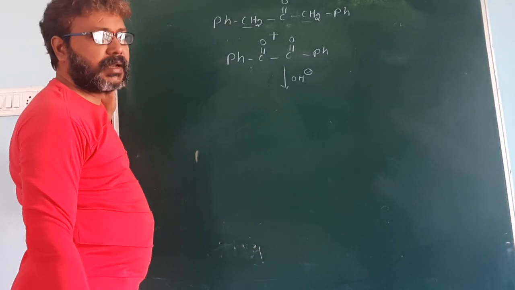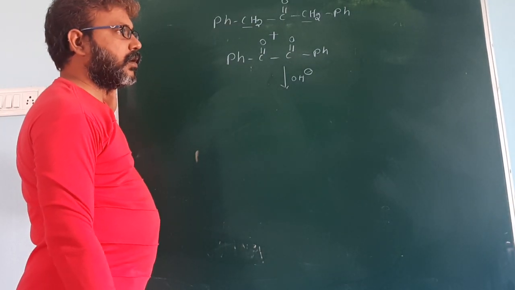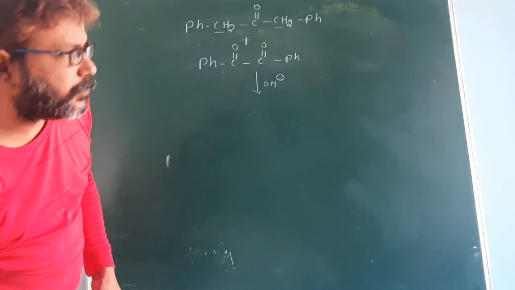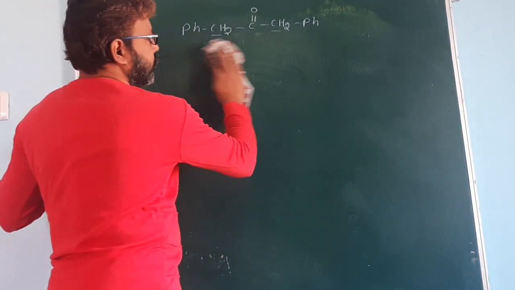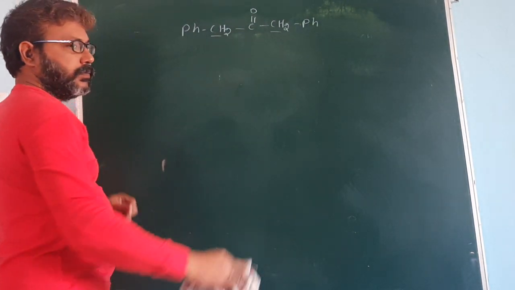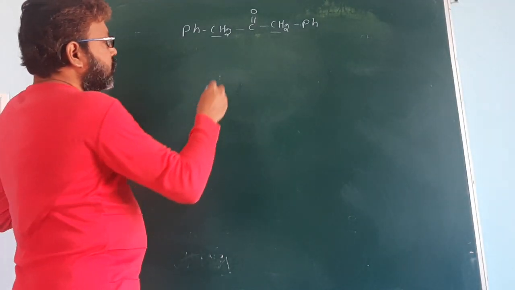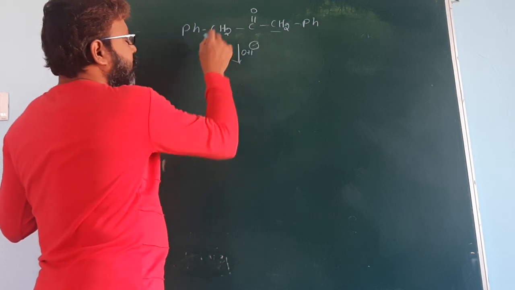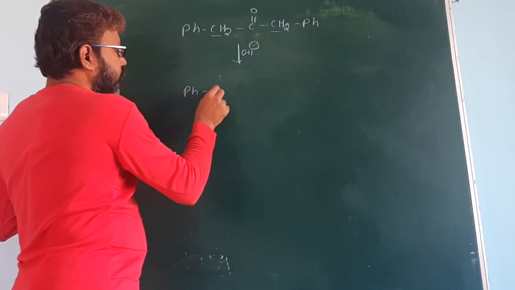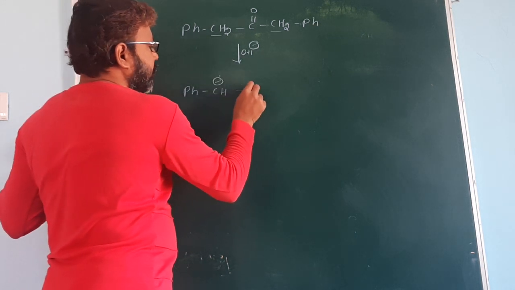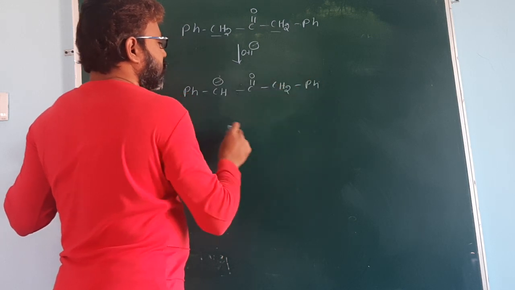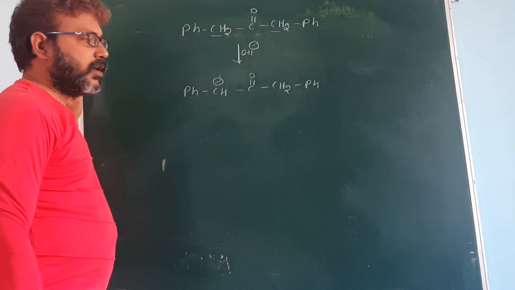So the first carbonyl compound has alpha hydrogen, so it is involved in aldol condensation. Now in this reaction, which product do you get? Now you see the reaction mechanism. The reaction takes place in presence of basic medium. The base subtracts the proton from the alpha carbon and you get a carbanion. This carbanion is stabilized by resonance.